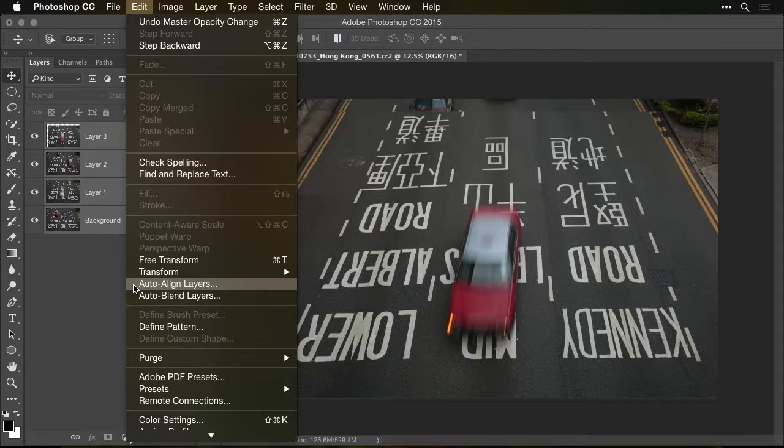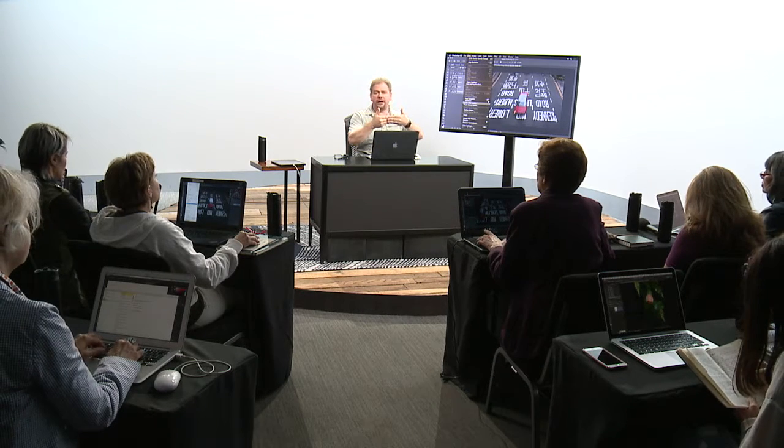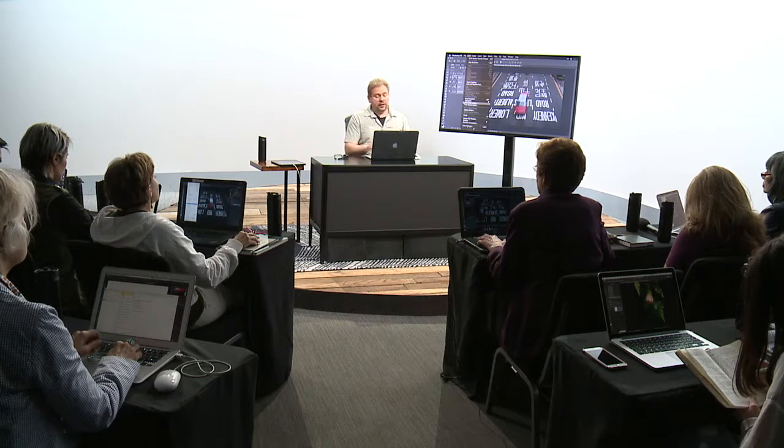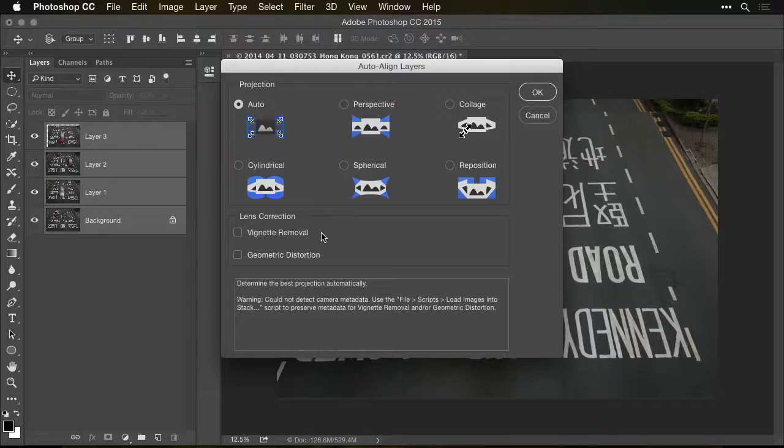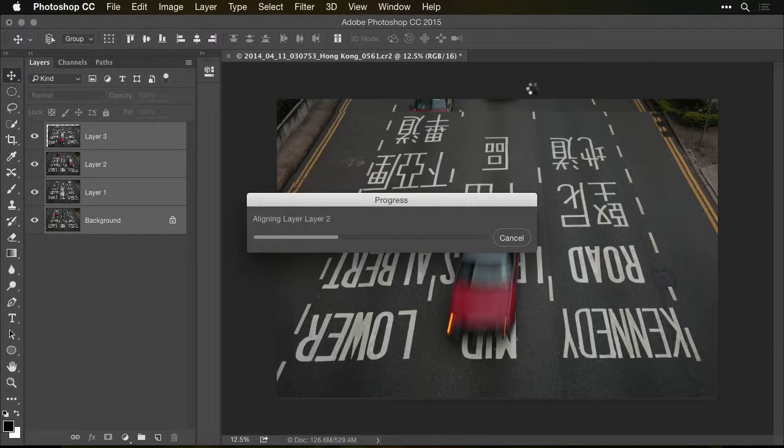Auto Align Layers is what Photoshop uses when you tell it to stitch a panorama. When you do a panorama, it compares what's on the edges of the photos, and if it finds common information, it lines them up. And so here when I choose Auto Align Layers, I'm just going to click OK without even looking at the options, default settings. And let's see if it does an OK job